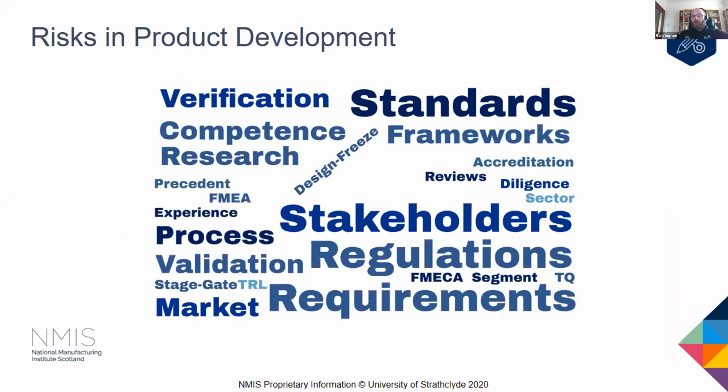To manage risks throughout the product development process, it's pertinent to be diligent in your approach, and we would always recommend a stage-gated design review process, including input before or during these reviews from key stakeholders or subject matter experts. Holding these at predetermined stages, such as specification review, concept review, detailed design review. Now, you should freeze the design requirements after each review in order to ensure everyone is clear on the design intent and thus they're aware of any resultant impact with respect to cost or lead time from any changes made